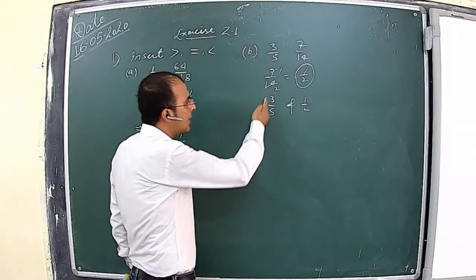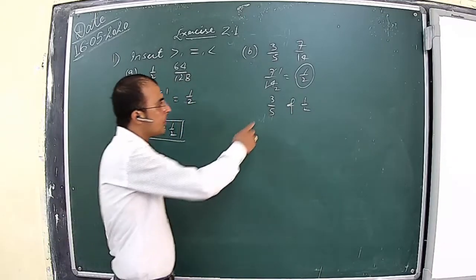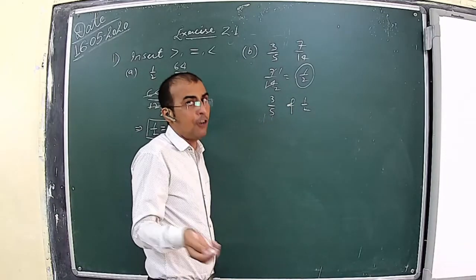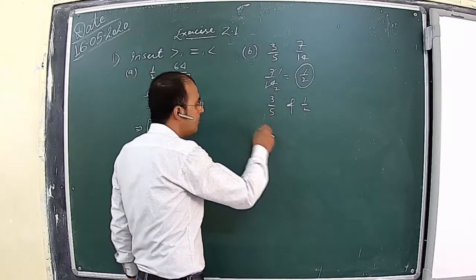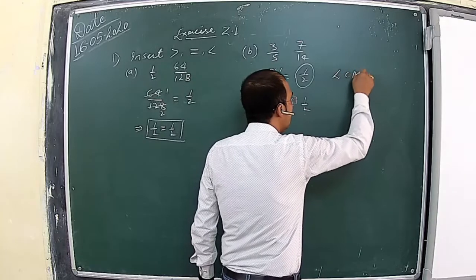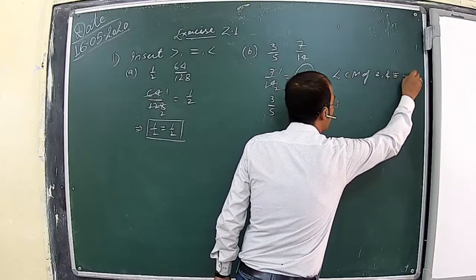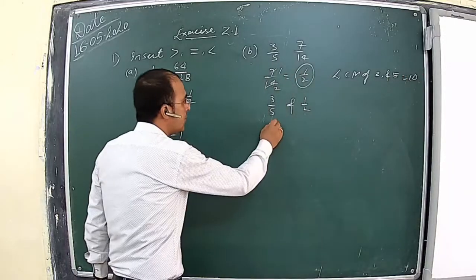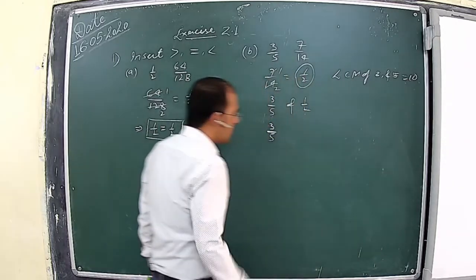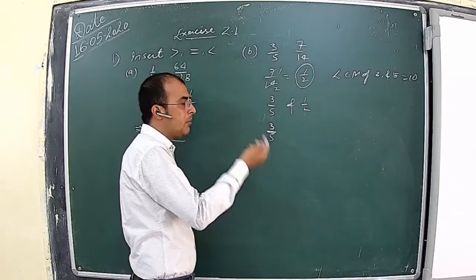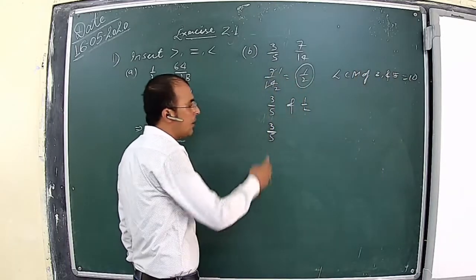So we can say that 3 by 5 and 1 by 2 will be changed into like fractions. So here 5 and here 2, then the LCM of 2 and 5 is equal to 10. Then 3 by 5, LCM is 10. So 5 is here. Which number will you multiply with 5? Its value should be equal to 10. So we will multiply by 2.